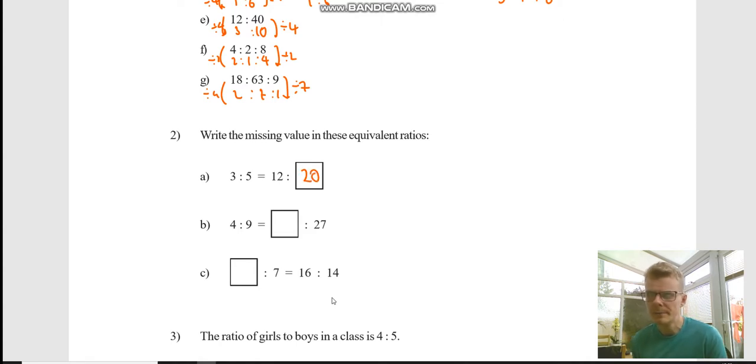Okay, so we have 4 parts to each one group and 9 parts to each one group here. So we've times it by 3 to get up to 27, so we do the same to the 4 times that by 3, we get 12, and then finally 7 has been multiplied by 2 to get to 14, and therefore this becomes an 8. Okay,